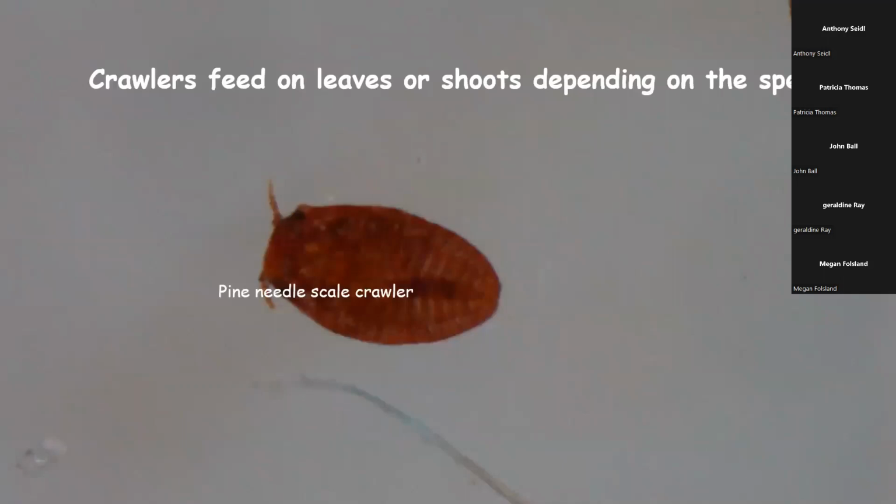The crawlers may feed on the leaves, needles, or broadleaf foliage, or just the shoot, and it depends on the species. And in some cases, the adult scale is found on the twig, but the crawlers are found in the foliage. They'll go out to the foliage to feed for a while and then come back to the twig to become settled.